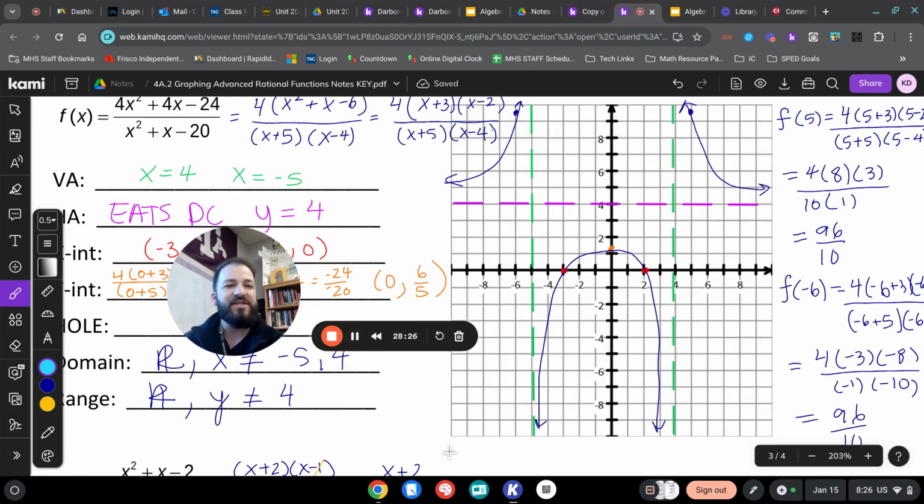All right, and as you can see, when we plug those values in, we actually end up getting the exact same y value for both, which is 96/10. So that 96/10 is about 9.6, which is definitely higher than our horizontal asymptote of 4. So we're going to get those 2 rational function curves up in the top right. Okay,